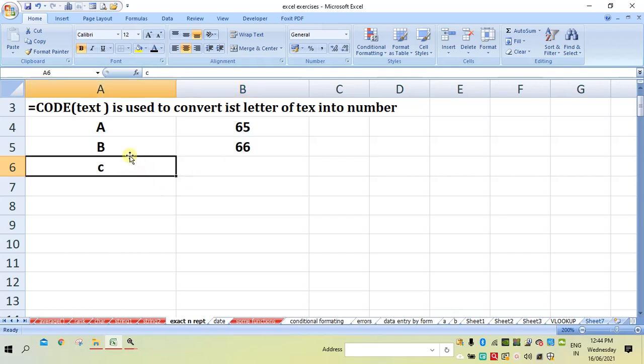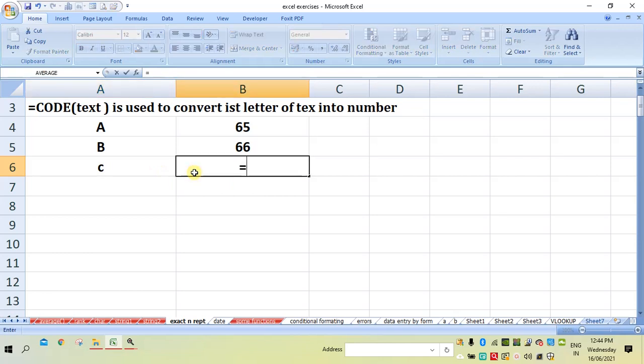Then to convert this small case letter c into a number, equal to CODE, in brackets we specify the address of c, so that is 99. This is how we can use the CODE function to convert the first letter of a text into a number.